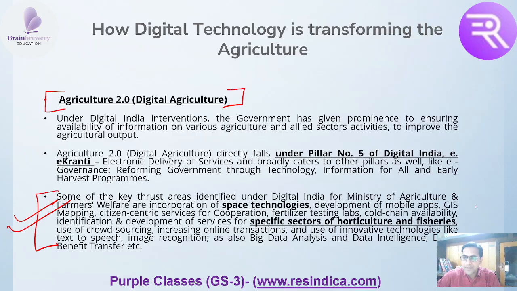Government is promoting 21st century skills, that is AI, big data, and everything, for properly researching the market, proper monitoring of the fields, and proper use of fertilizer. Testing labs will be created in every district so that farmers will be able to get all the services at a particular common service center.